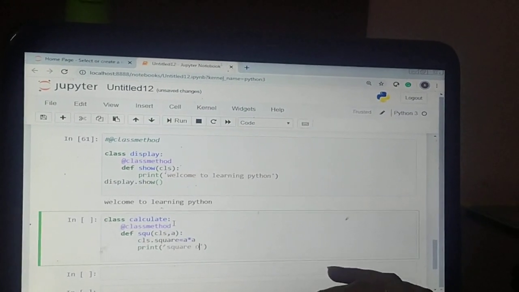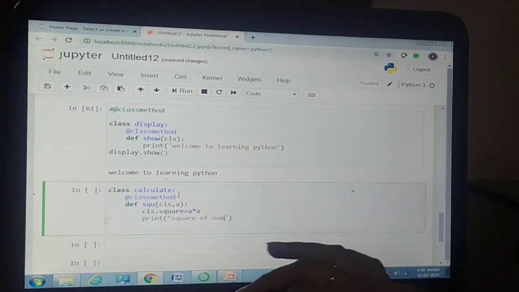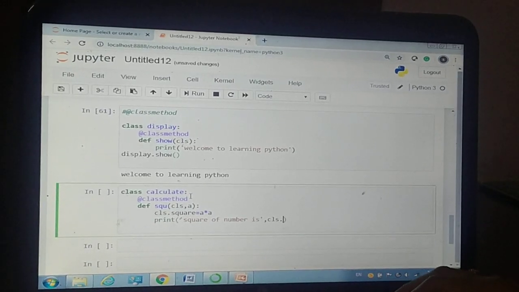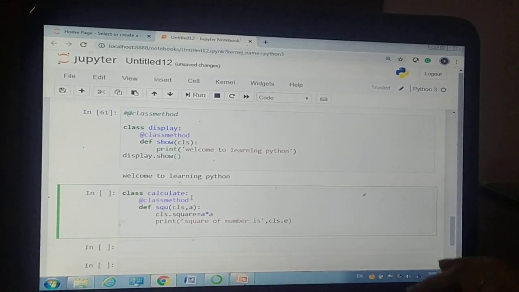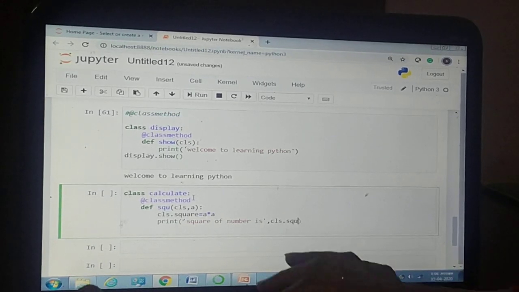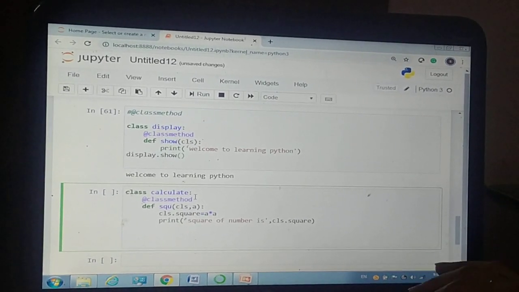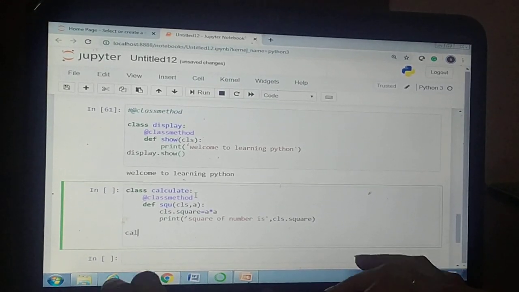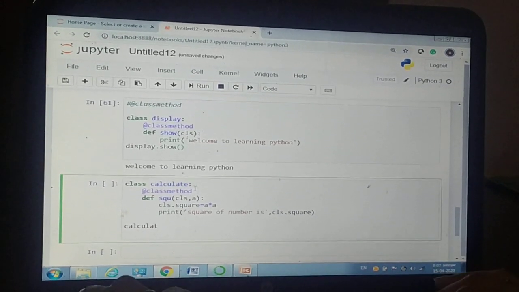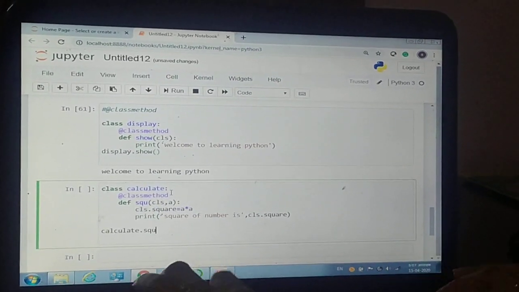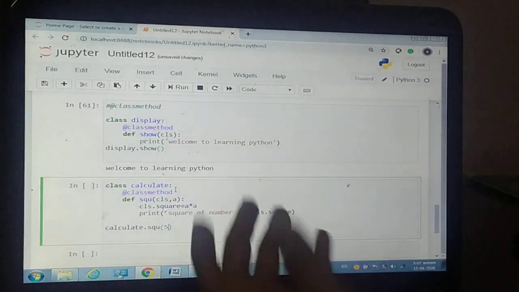print square of number is, comma, cls dot square. Okay, so again to call this I am going to use calculate dot squ and inside any number.